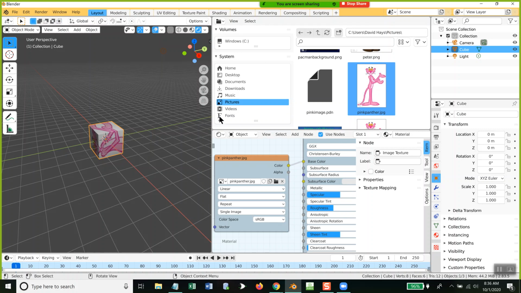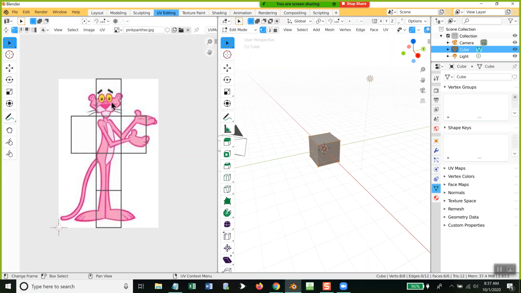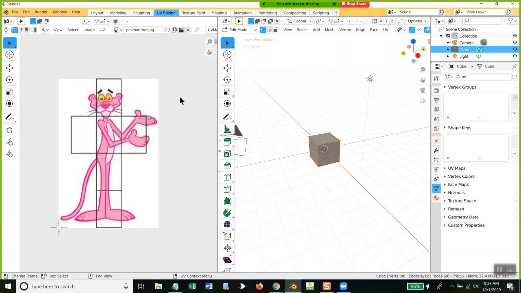But even more than that, if we go to our UV editing, you see you have your image here. The other thing they might show you in the tutorials is to create a new image. You do Image, New. Okay, now